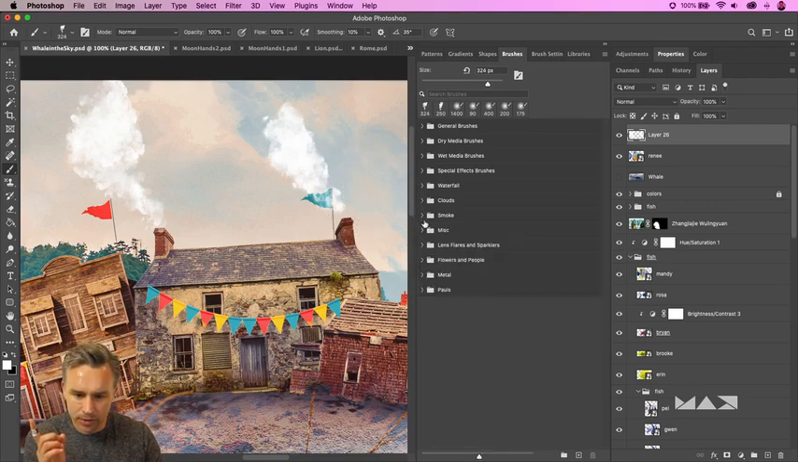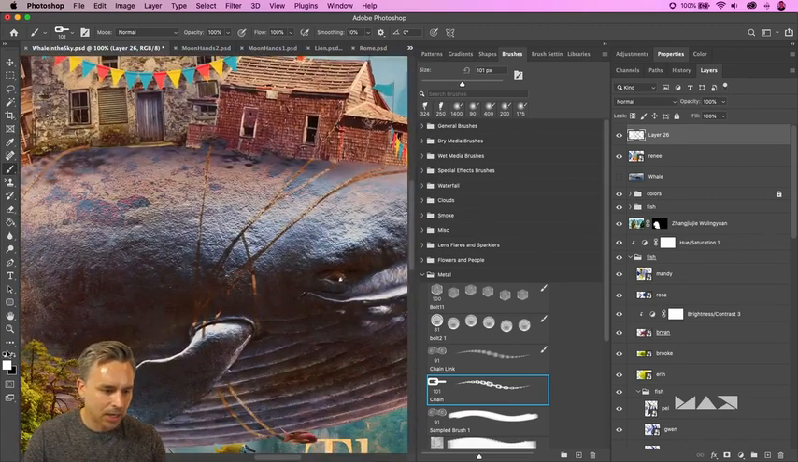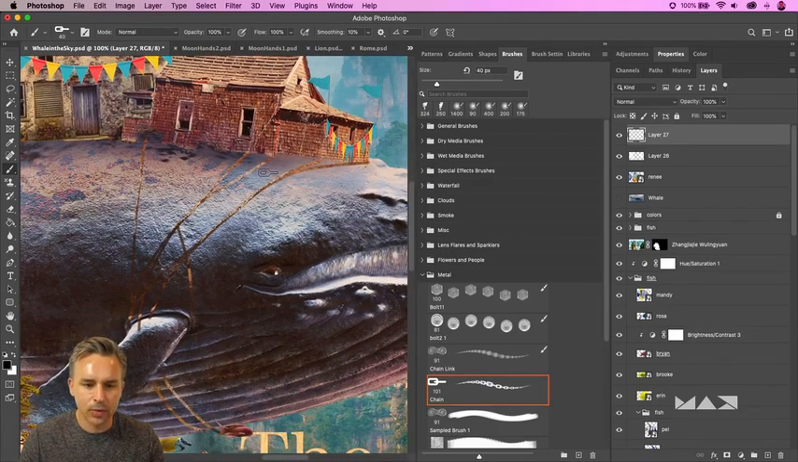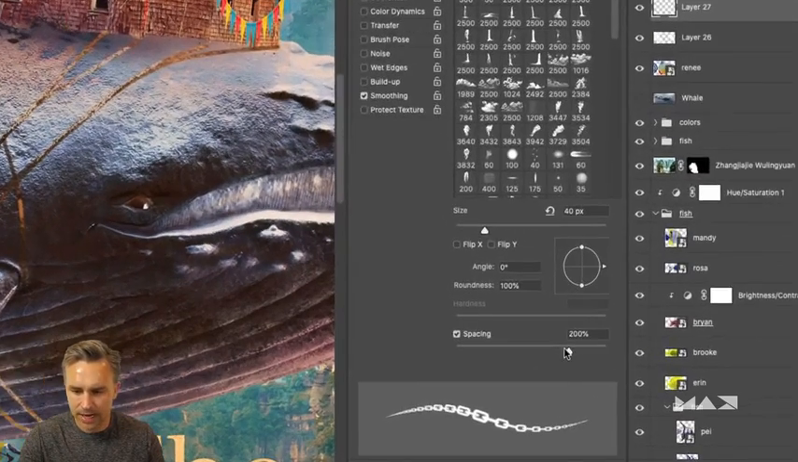And another thing I want to show you real fast with brushes, going into this chain link. I have a chain link and a chain. I feel kind of bad about doing this, but again, we don't want this whale to lose his stuff. Okay, so here's this chain. We could go into the brush settings. We want to make sure it's spaced out,